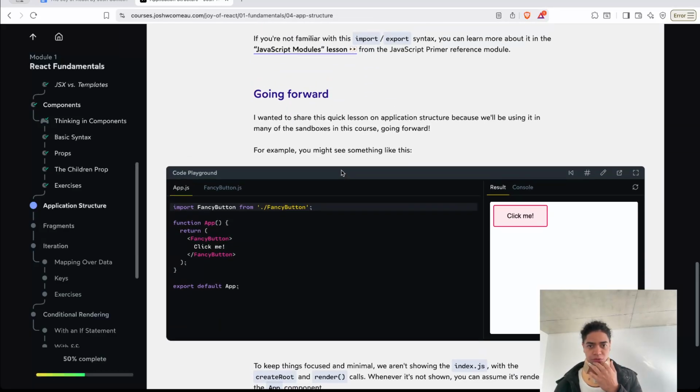And then going forward, I want to share this quick lesson on application structure because we'll be using it in many of the sandboxes in this course. Going forward, for example, you might see something like this,